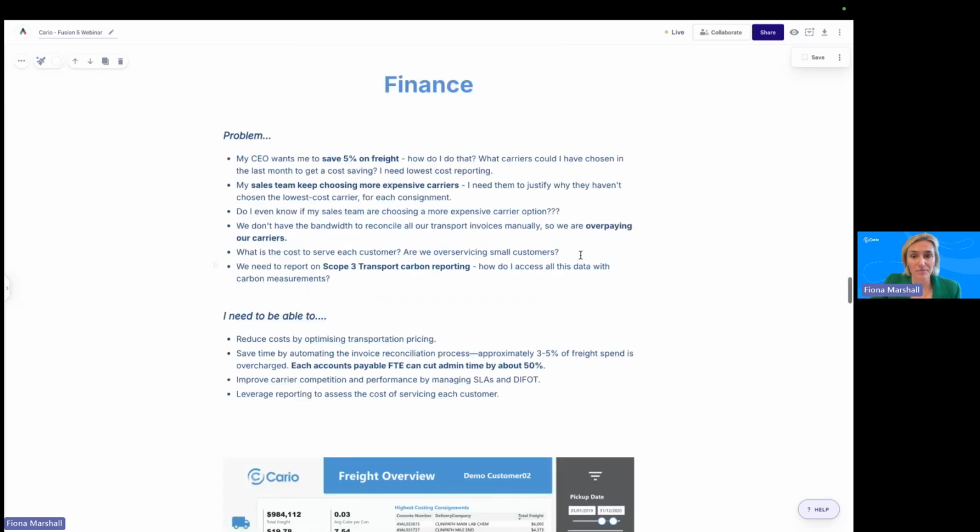So the other thing is invoice reconciliation. This is a really big part of Cario and something we see CFOs love. They absolutely love this part of it. What invoice reconciliation does is, across our customers, it saves customers 5 to 7% of their freight invoices. Now, the way it does that is it captures all your freight costs up front, and then automatically it compares what you were supposed to be charged with what you were actually charged. And then the discrepancy, you can choose the parameters if you only want to focus on discrepancies above a certain dollar figure or what have you. That discrepancy you send straight back to the carrier. So it's fully automated,